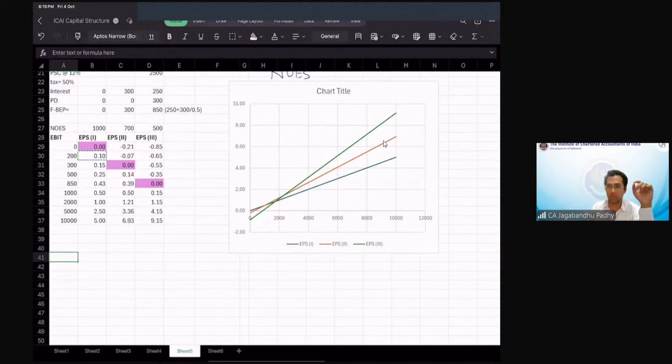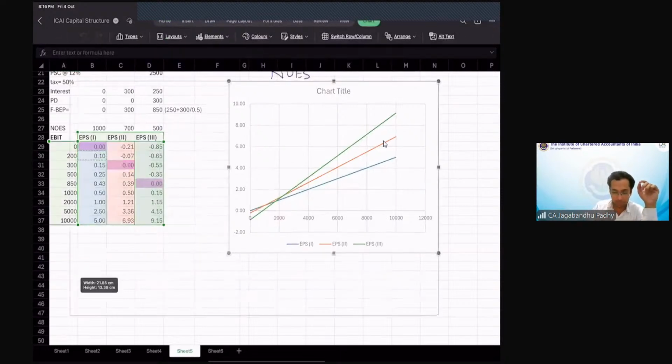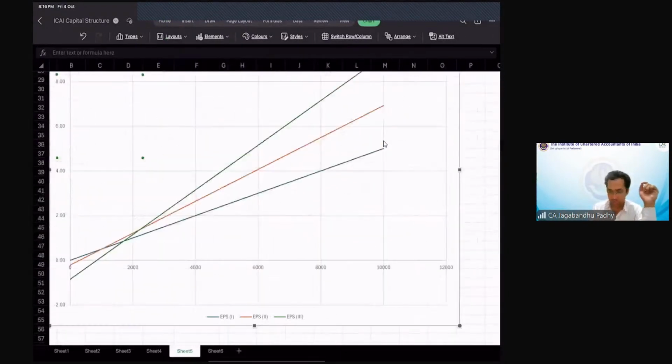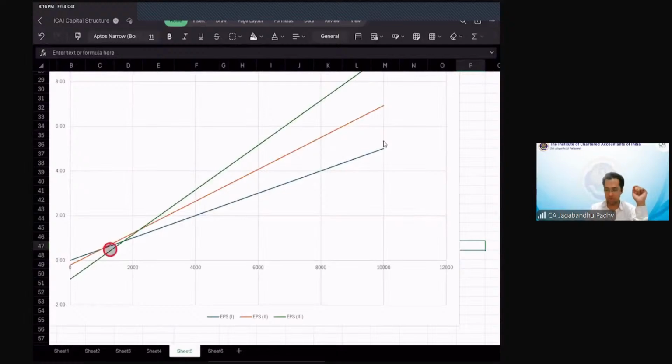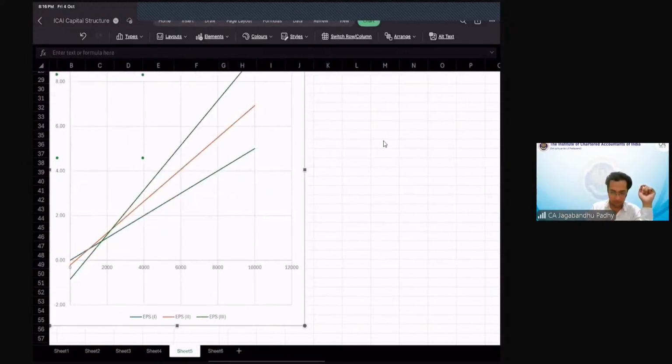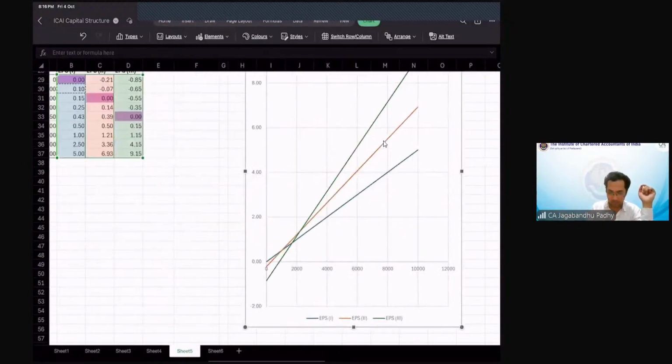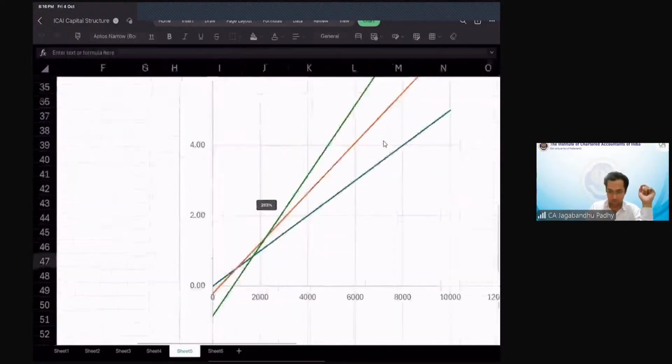Yeah. Okay. Now, in this typical chart that we have, don't you think,